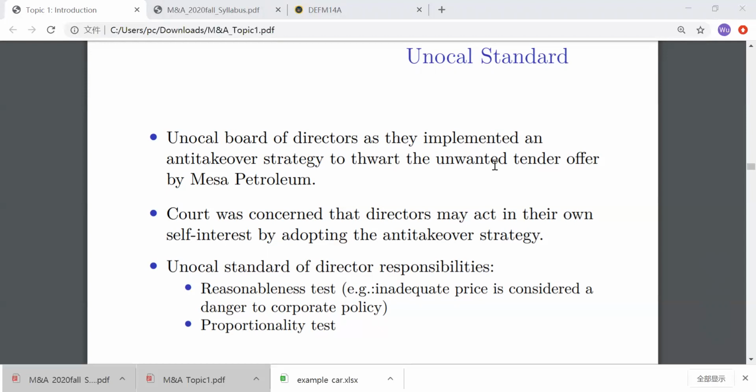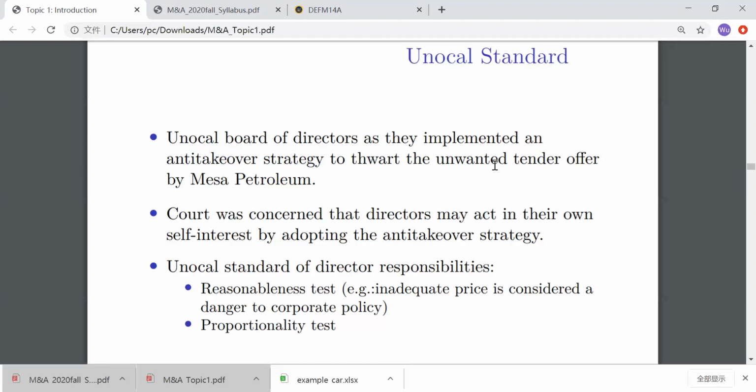And then the Delaware court, after getting this case, was concerned that directors may act in their own interest by adopting the takeover strategy, right? Because if you think about the board of directors of the target company, they have their self-interest in resisting the takeover offer. The reason is that if the company is taken over, board members also have to find a new job, right? This will be bad for their future career. That's why they also have self-interest in resisting the takeover offer and getting the control benefits, right? So that's why the Delaware court was concerned that the directors used the anti-takeover strategy to benefit themselves,